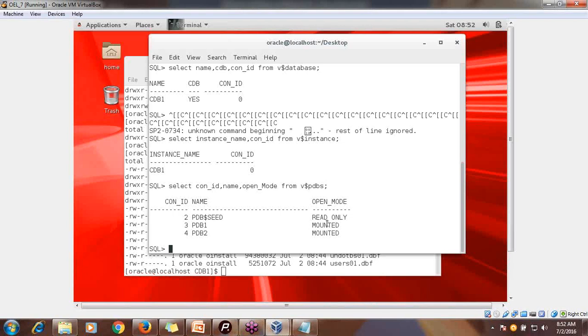Now the question is why it is in the mounted mode. So whenever you are starting your CDB database, PDBs are always in the mounted mode. So you need to open them by yourself as per your business requirement, whether you want to open it or not. Fine. So if you want to open your PDB database, this is the command: alter pluggable database PDB1 open.